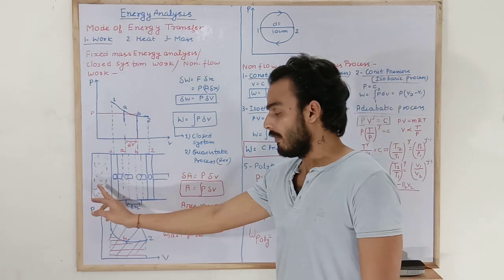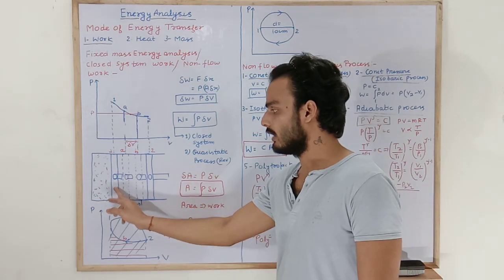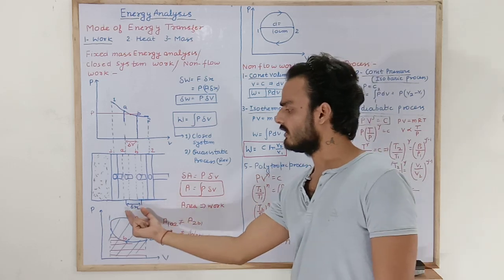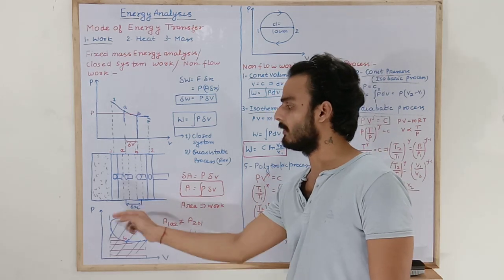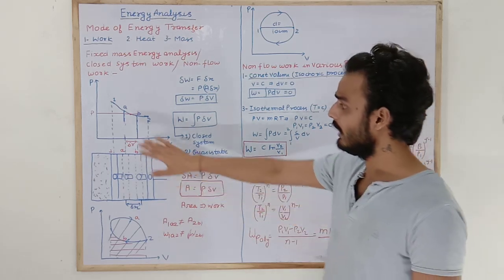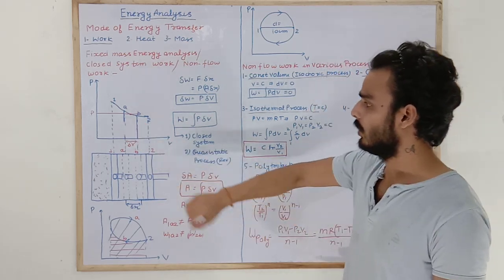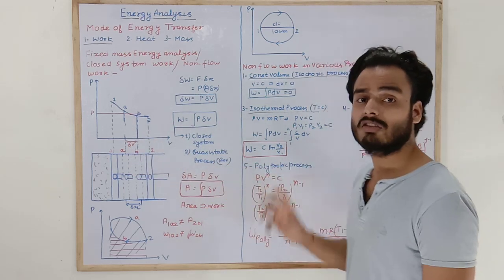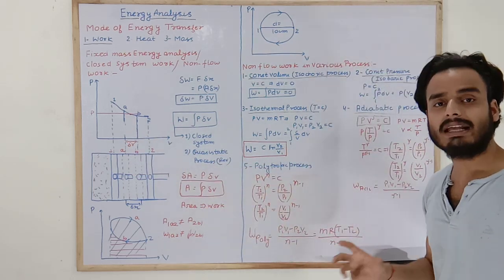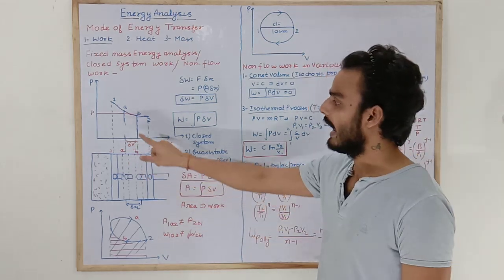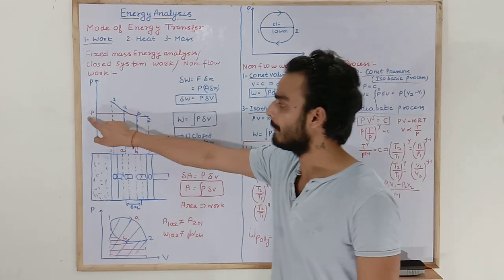So the gas is applying pressure on the piston, so that means the piston is moving. This is the small displacement delta x, because the gas is applying pressure on the piston. In this PV curve, look here, this delta V is the swept volume. This much volume is swept by the piston. And this point indicates the pressure P.